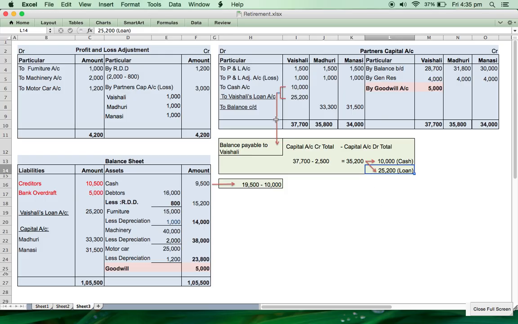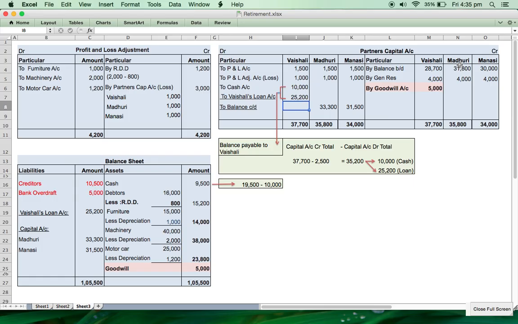So these entries would be shown at the debit side of partner's capital account as to cash. Only in Vaishali's column we are going to write 10,000, and to Vaishali's loan account, again in Vaishali's column, 25,200. After this, Vaishali's capital account will be closed and we are not going to show any closing balance for Vaishali after this. Then for the remaining two partners, Madhuri and Manasi, we are going to close their capital account and find out the closing balance, for which we would follow the similar